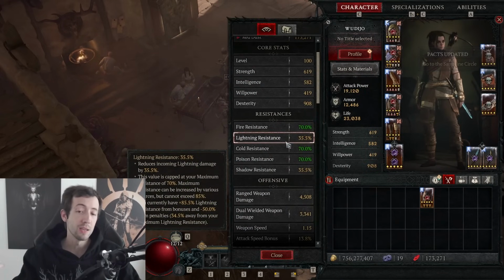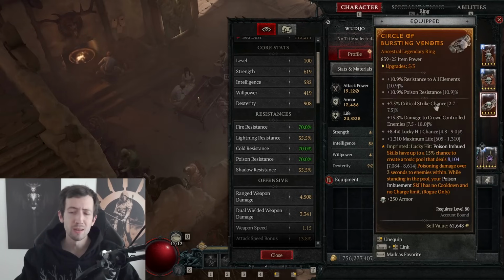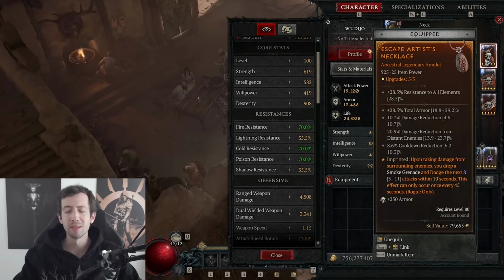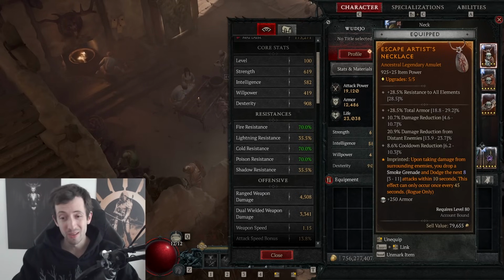I have 2 uncapped resistances by a mile, and even if I try to make up for this with my gems, for example in jewelry, I would have to put 1 here and 1 here, and then I would still be 5% off. So you probably have to put in, for example, a diamond as well, and actually give up 750 armor. And well, if you have been paying attention lately, armor is pretty important when you want to